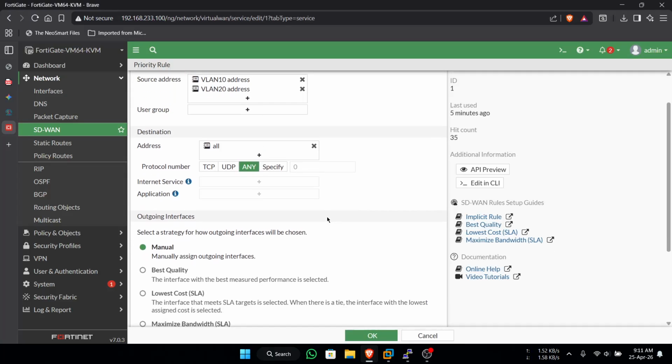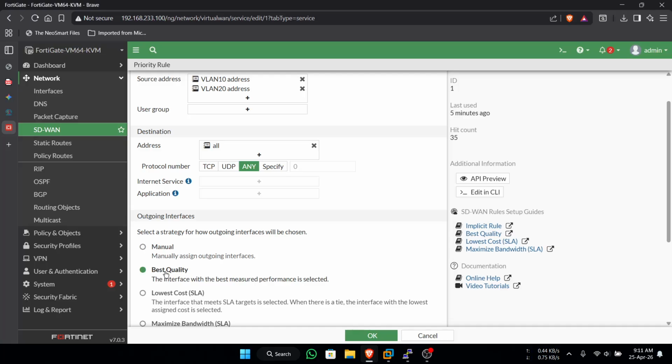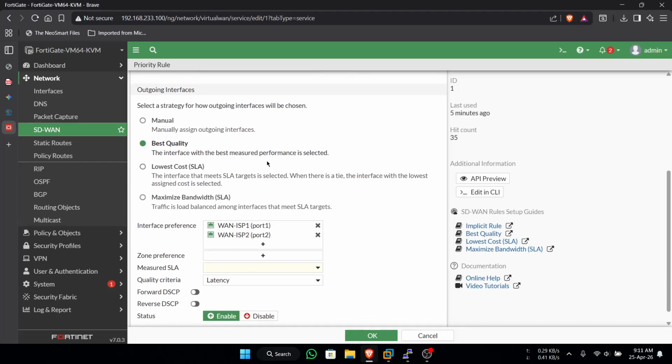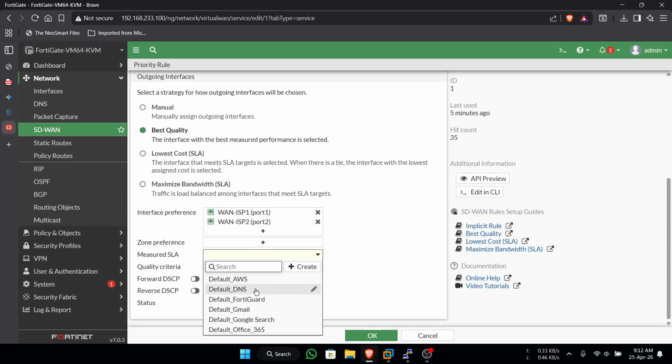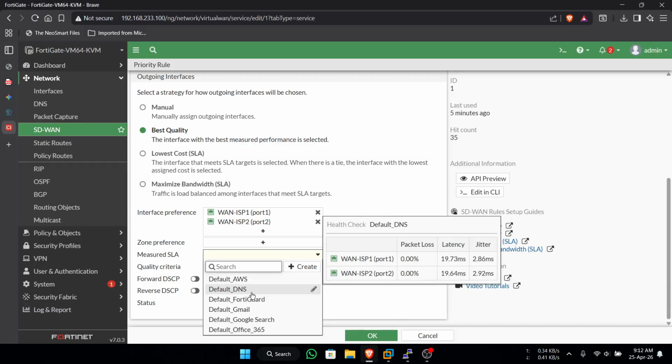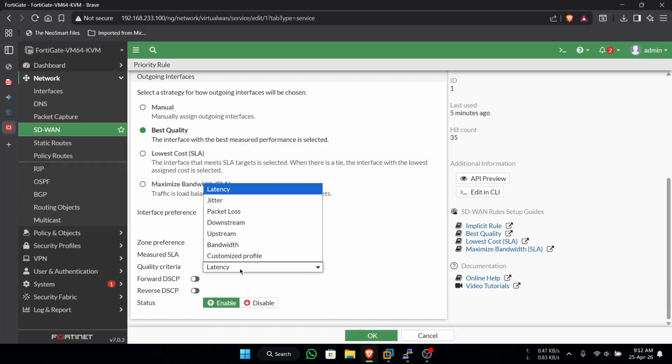Here you can choose the best quality, the best interface with measured performance selected, closest cross LSA selected when you type. For example, I will use best quality. So after you choose best quality, measure SLA, you choose default DNS, okay, and quality criteria you can choose here.